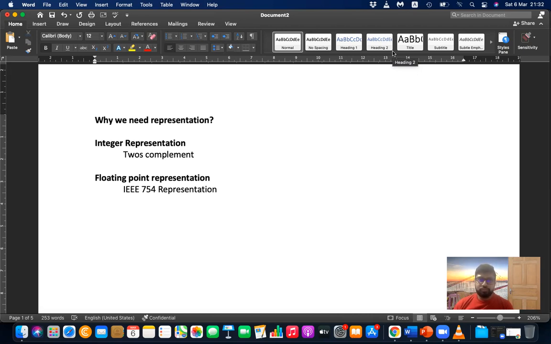But in machines, we have to represent everything in ones and zeros. Let's say you get an integer number, you have to represent that using ones and zeros. You get a negative integer, you have to represent using ones and zeros. You get a positive integer, again ones and zeros. The positive sign using ones and zeros, the negative sign using ones and zeros.